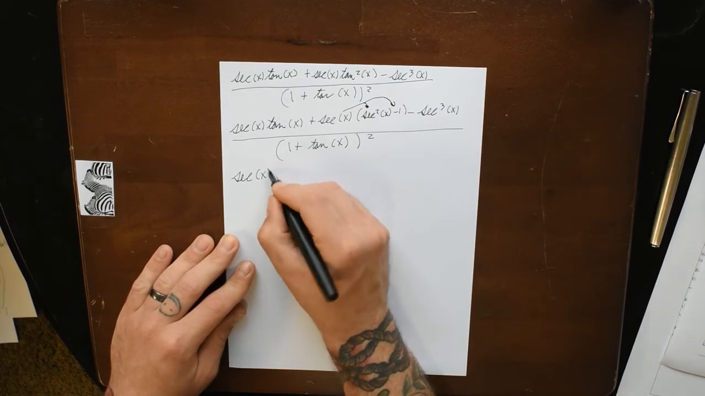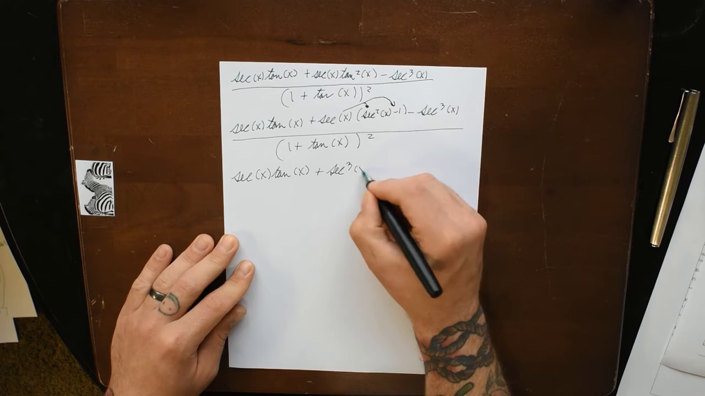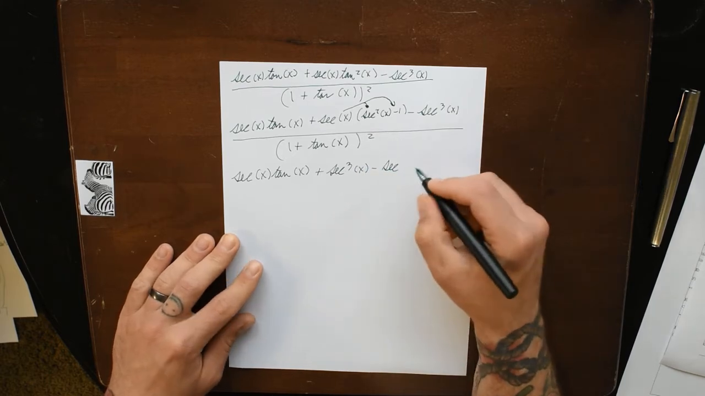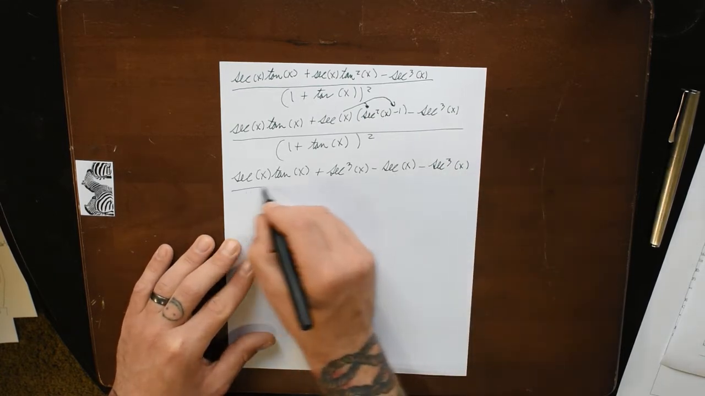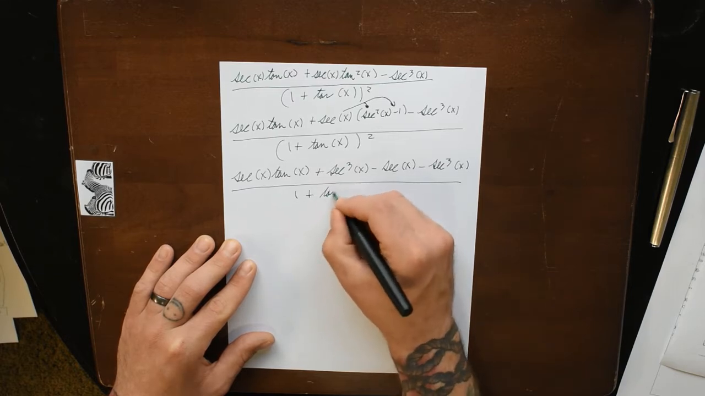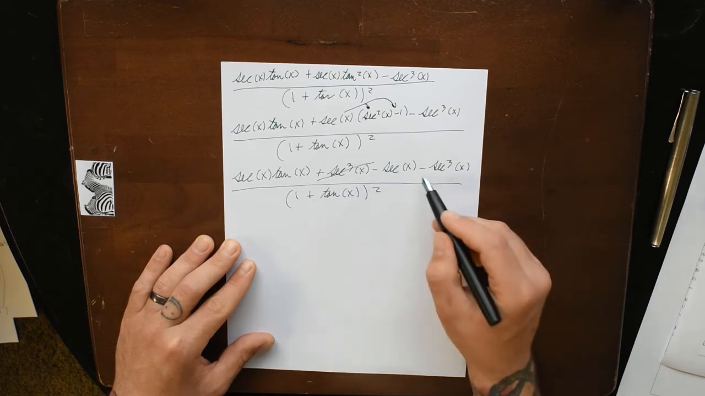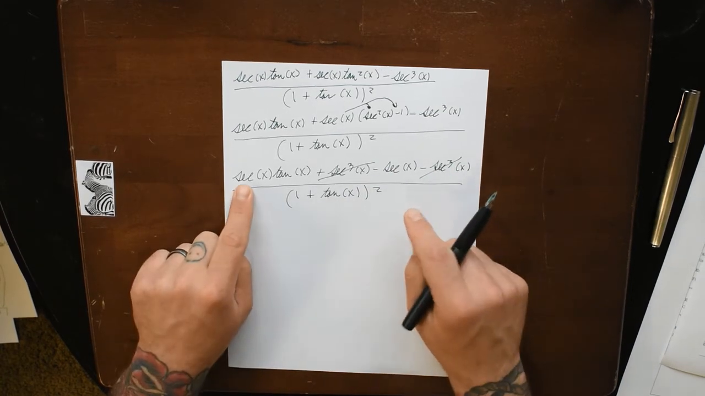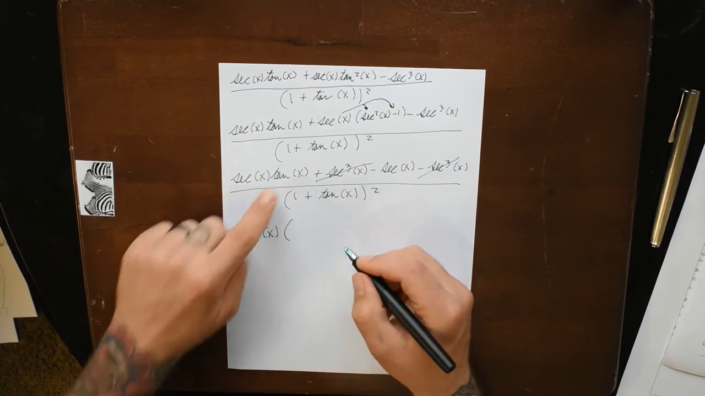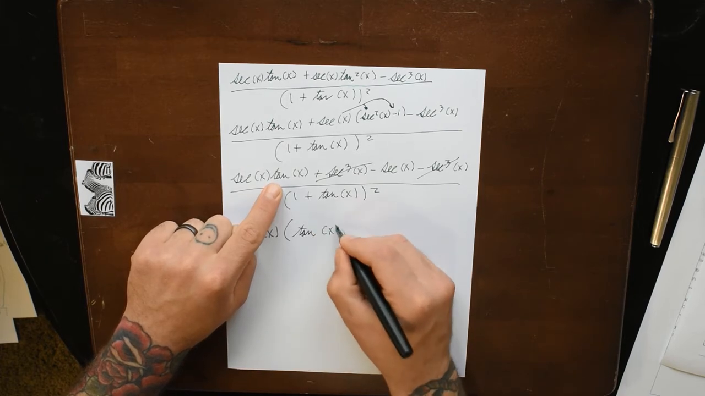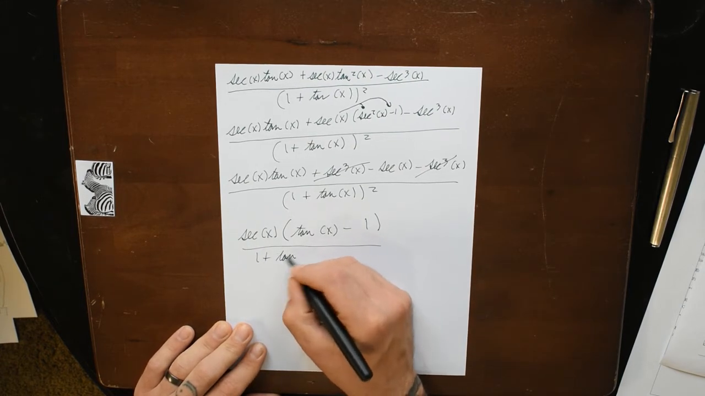Secant of x tangent of x plus secant cubed of x minus secant of x minus secant cubed of x, all divided by 1 plus tangent of x squared, positive secant cubed, negative secant cubed. I've got a secant here, I've got a secant here. I'm going to factor it out. Secant of x, and what's left over? A tangent of x, minus 1, all over 1 plus tangent of x